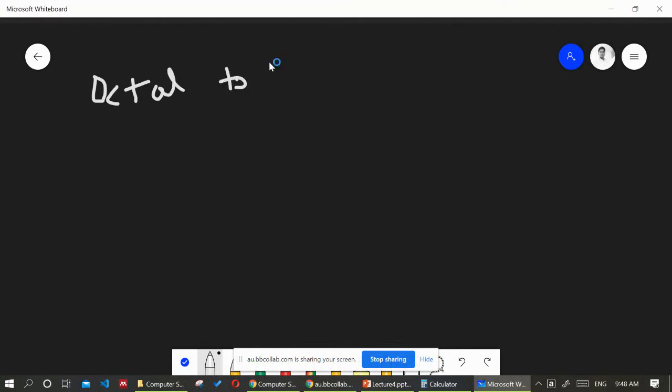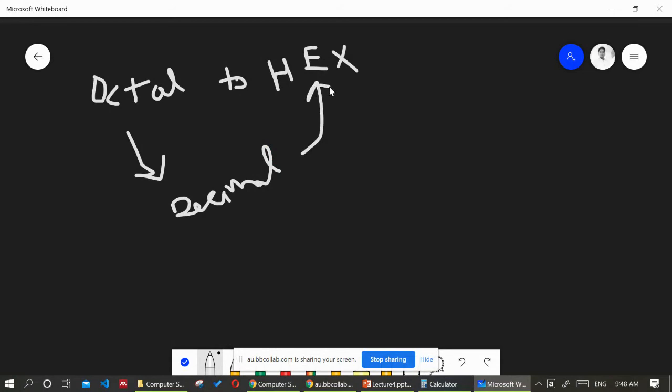First you convert octal to decimal, and then decimal to hex. This is one way.